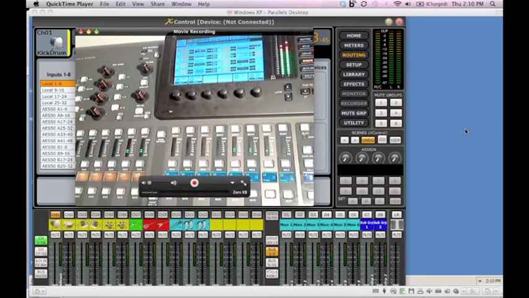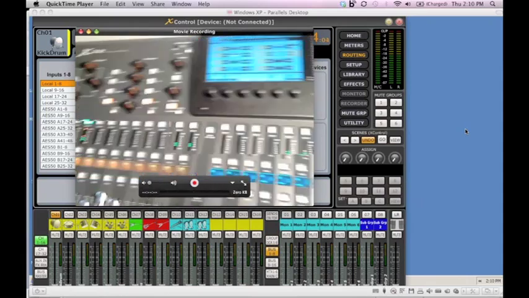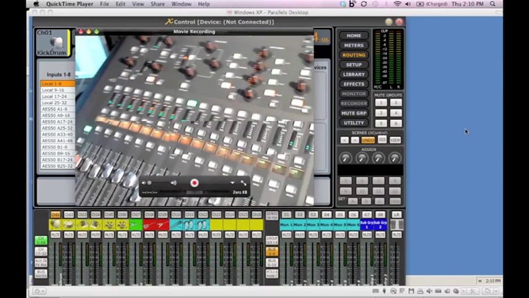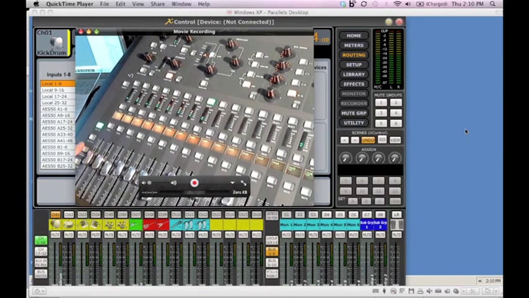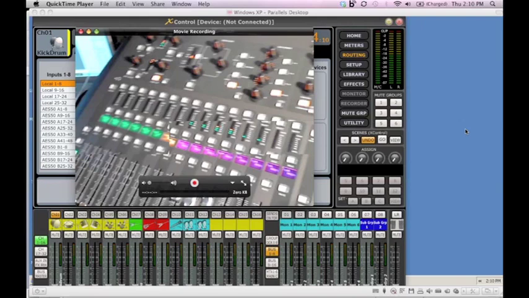So a few things to keep in mind. Exactly. And so just remember that the final step, when you're sending to an effects processor, is that you have to return it. And as Joe mentioned, a lot of times in the past, you might patch it back into a channel. But on the X32, we've actually given you dedicated effects returns on the third layer of the console. So you just want to go over here and click on aux, that third button, and you see these